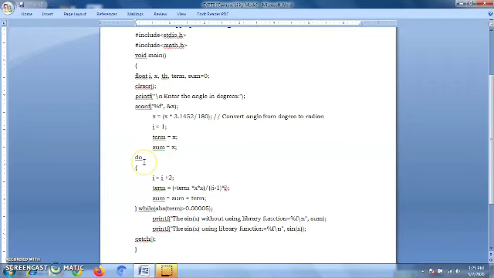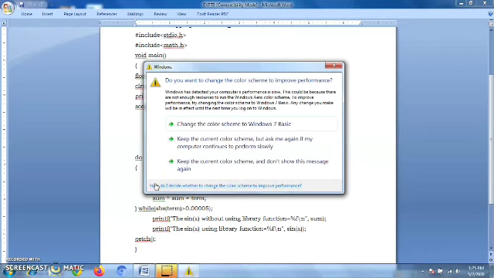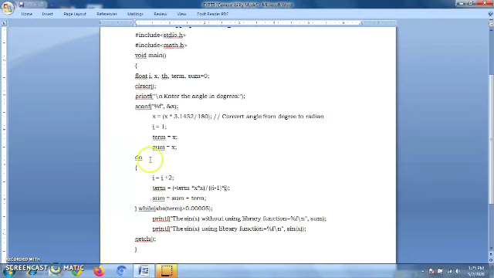So I think you are aware of the different looping statements. In C we have three looping statements, that is for loop, while loop and do loop, that is also called as do while loop. So here we use a do while loop as follows. The difference between do while loop and while loop is, in while loop first the condition is tested and after that the code is executed, but in do while loop first the code is executed and after that the condition is tested to check whether the code is to be executed for the next iteration or not. So here in this do while loop, we have these three statements.